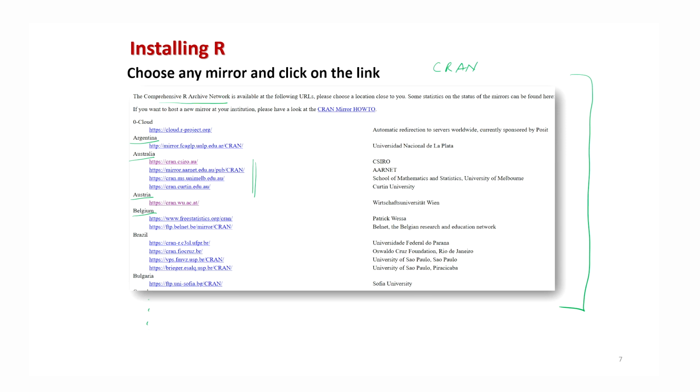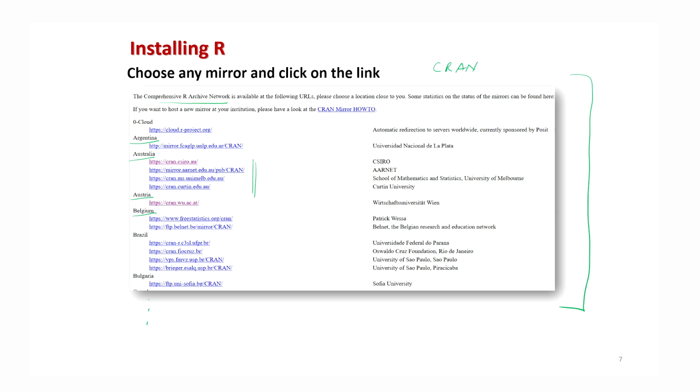So what really happened is that when this R software was created, it had to be uploaded on a website. If it is uploaded only on one website, and a large number of people try to access it, there is a possibility of the server crashing. So people decided to distribute the load, and different institutions agreed to host this software on their websites.